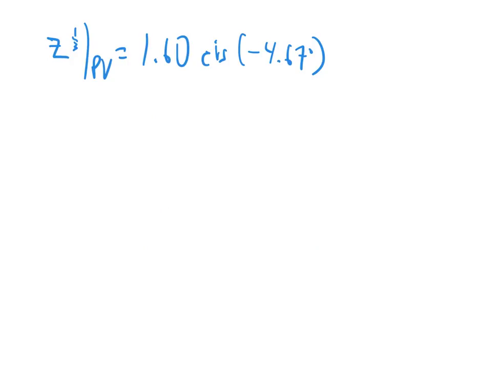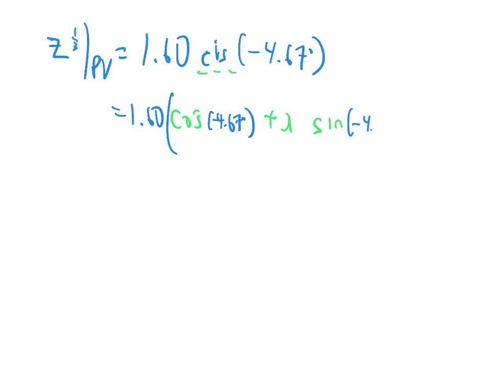Alright, so the thing we have is the principal value of the cube root of z, which we found before was 1.60 times cis of minus 4.67, and the key to all of this is going to be remembering that cis ends up meaning cosine plus i sine. And then we just put in our other stuff. So it's really 1.60 times the complex number cosine of minus 4.67 degrees plus i times sine of minus 4.67